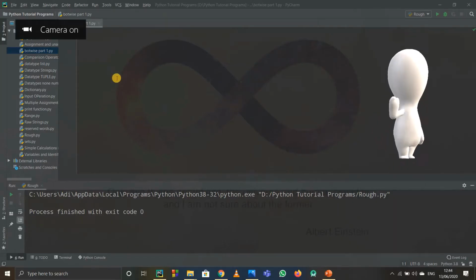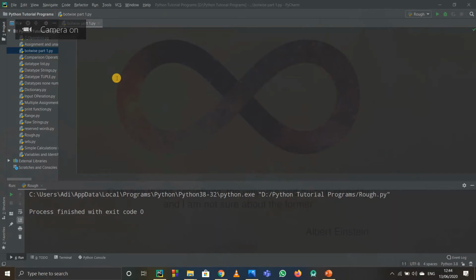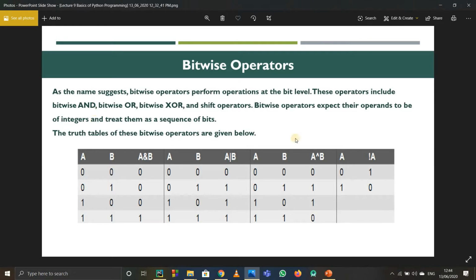So guys, welcome. Now we're going to see what bitwise operators are, specifically AND, OR, and XOR, and also the complement operator. Obviously you might know these tables. So this is the AND operator, this is OR, this is XOR, and this is the complement operator. These are called bits. 0 and 1 are basically the bits in a computer.